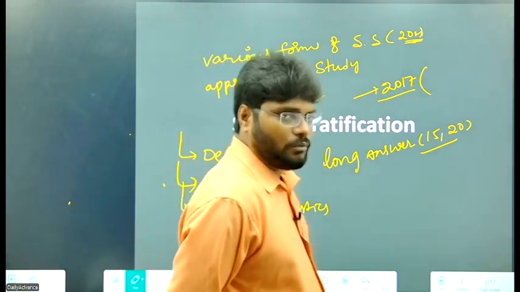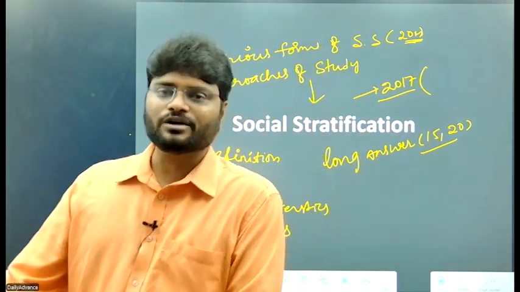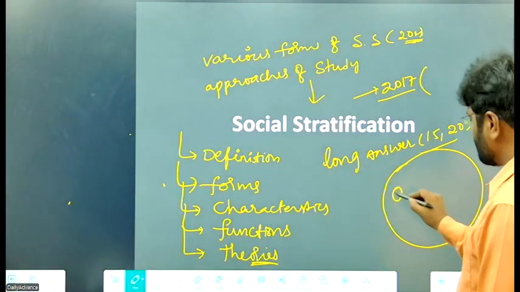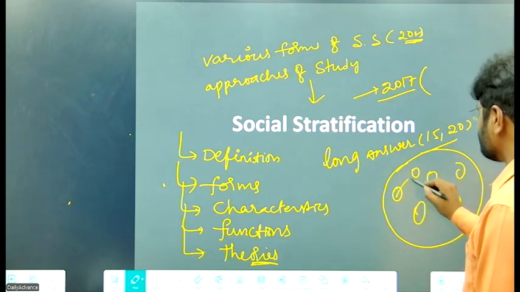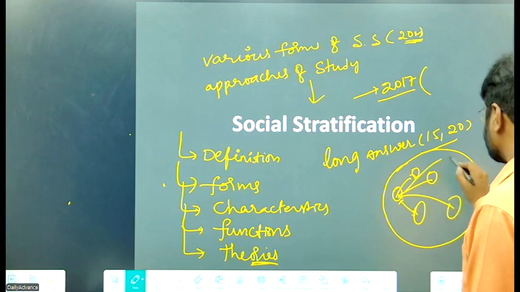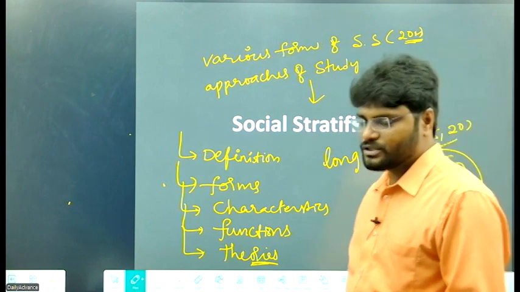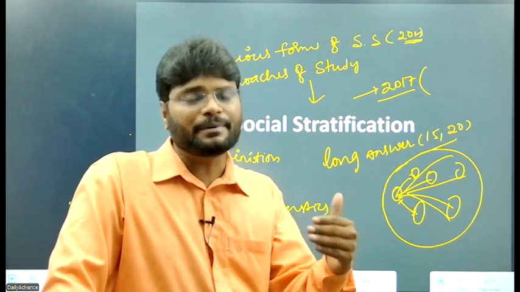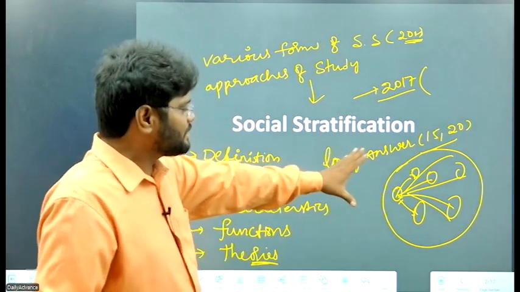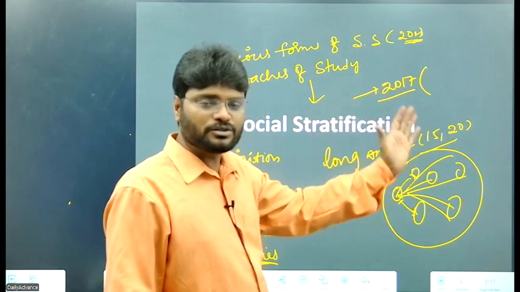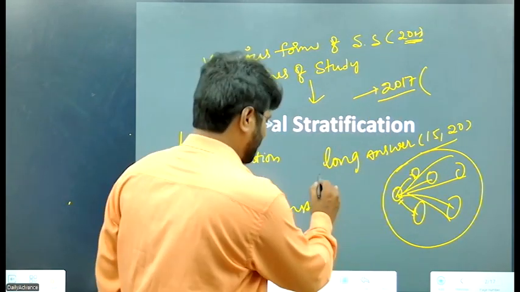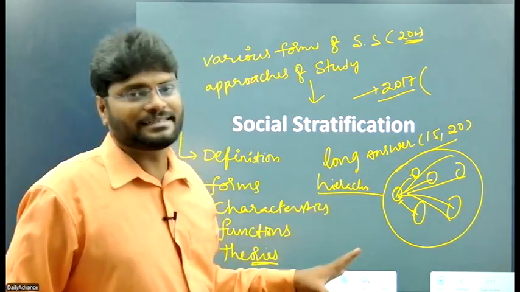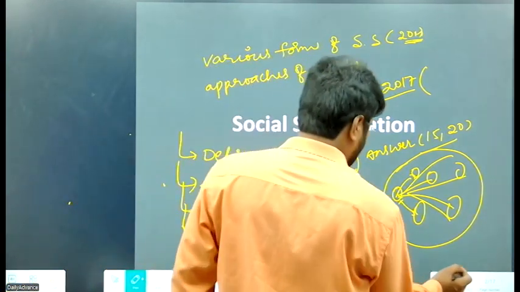So now, what is social stratification? First of all, to know about social stratification: in every society there exist many social groups or classes. The relationship between the classes or social groups follows a particular pattern of interaction. That pattern of interaction has multiple dimensions. That means some groups are at the top, some in the middle, some at the bottom when it comes to the hierarchy. So why this hierarchy? You should understand this social stratification